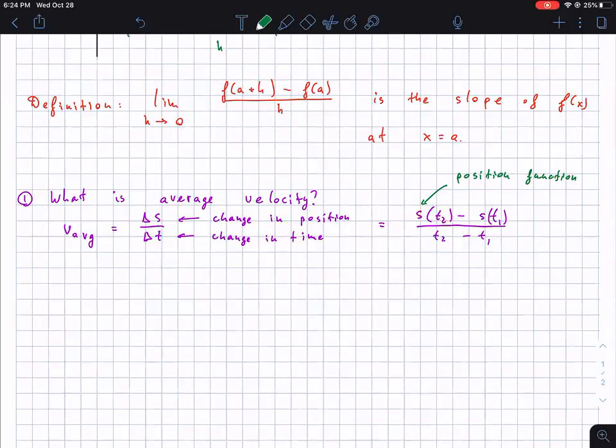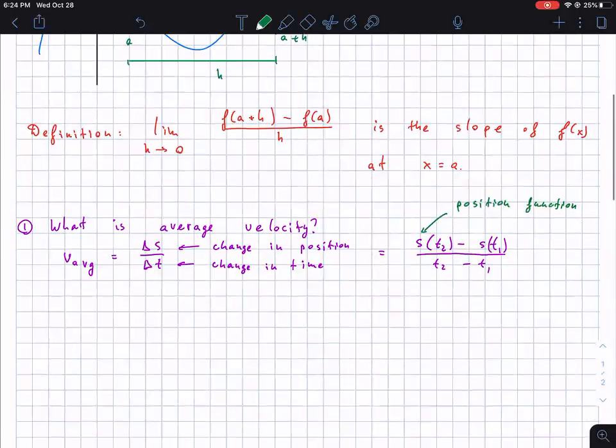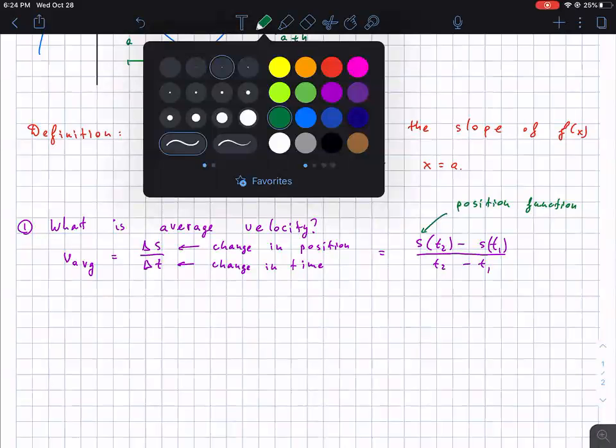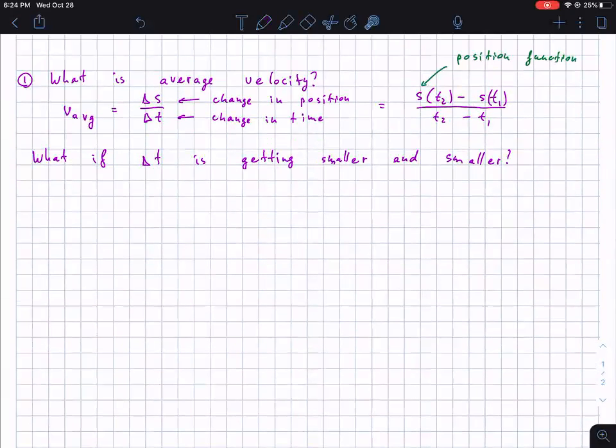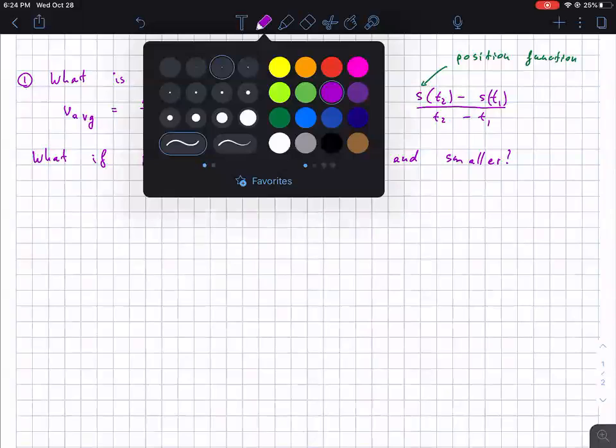Now imagine that you are shortening the interval. So what if delta t is getting smaller and smaller? First of all, what does this represent? What is this really? If you have a graph,